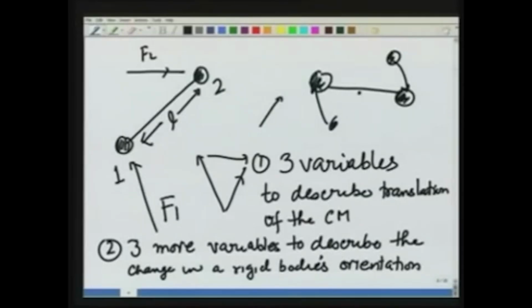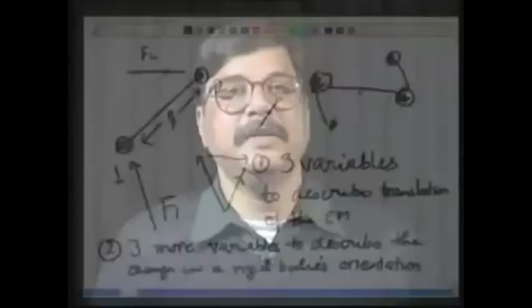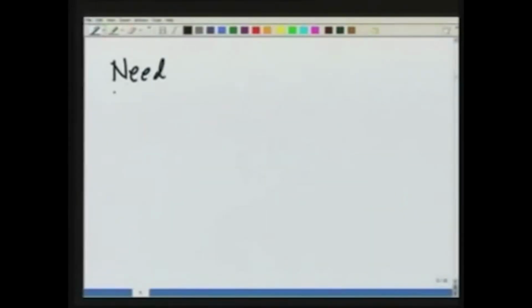You can think of these three variables to describe the change in a rigid body's orientation as three angles from three axes. So in general, what we learn is we need 6 variables to describe